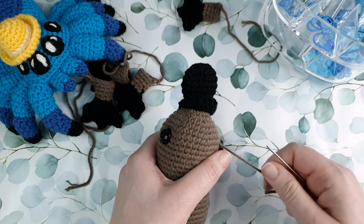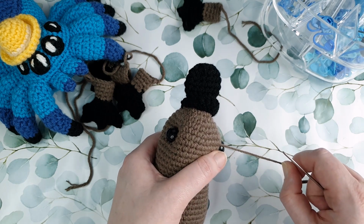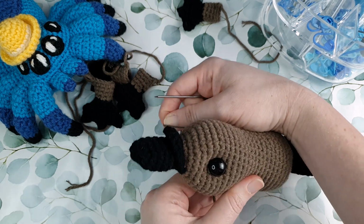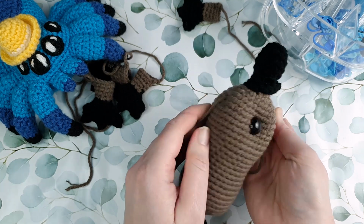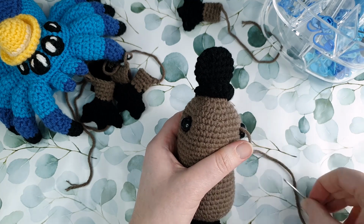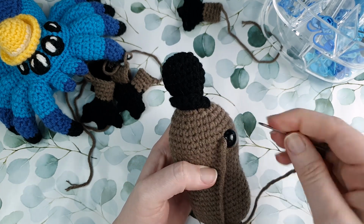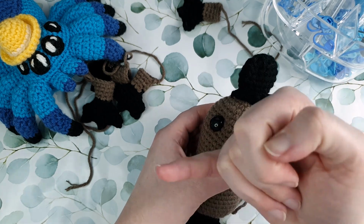And as you do, you can see that the first eye starts to pull in a little bit, and you're going to pull that in until you're happy with how your eye shaping looks. So for me, I think that looks good. I want quite a bit of shaping, but nothing too ridiculous. When that's done, we're going to do the same thing with the second eye. You're going to jump down 1 stitch, push it directly across the body,